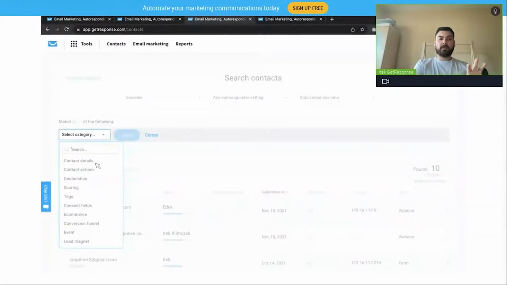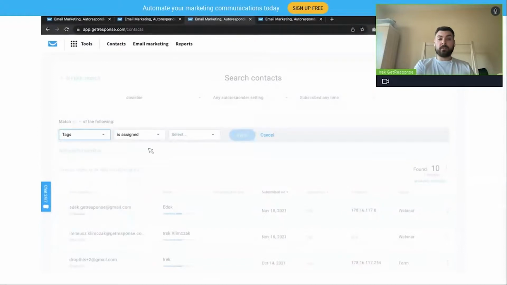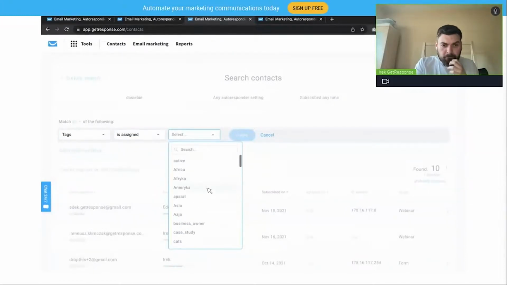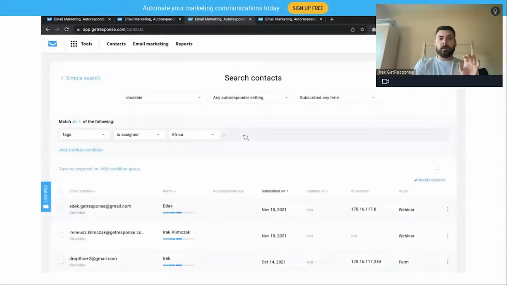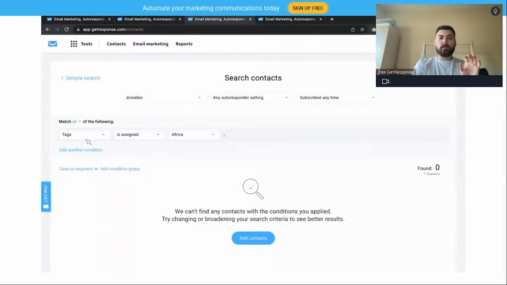You have this select category, and you can choose contact details, contact actions, geolocation, scoring, tags. So remember, we have used tags. So for example, I can choose tags is assigned, and then I can select Africa. And I can apply this, and this is the group of people who are assigned this tag, Africa. So I can immediately create a segment,